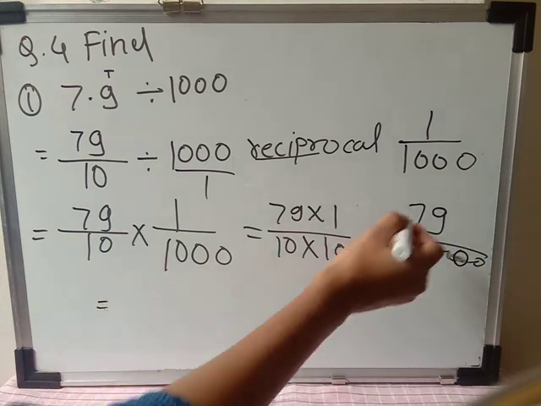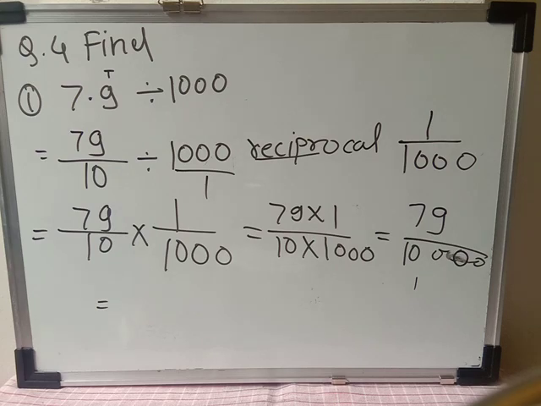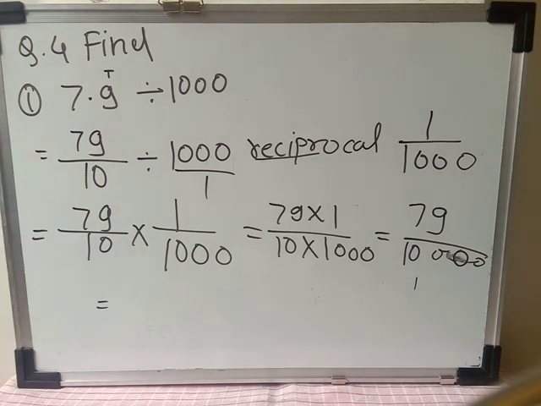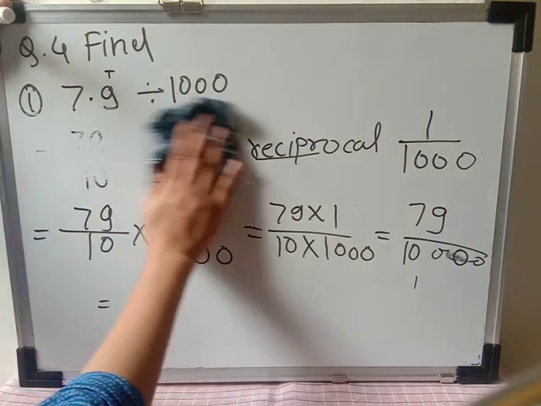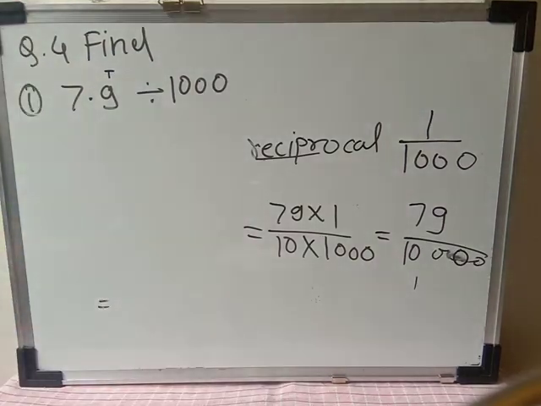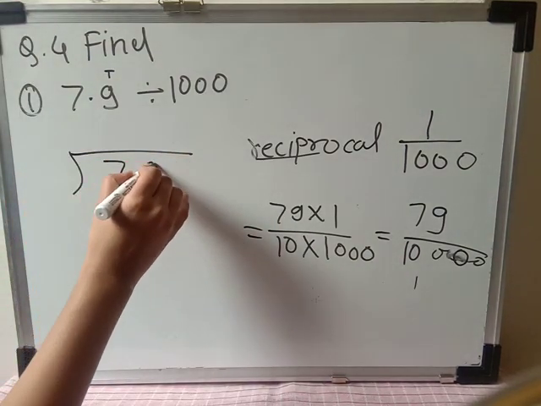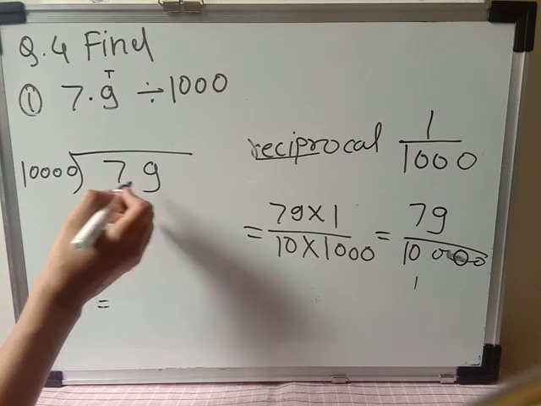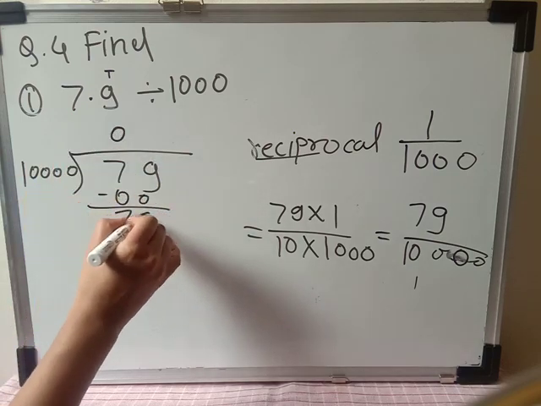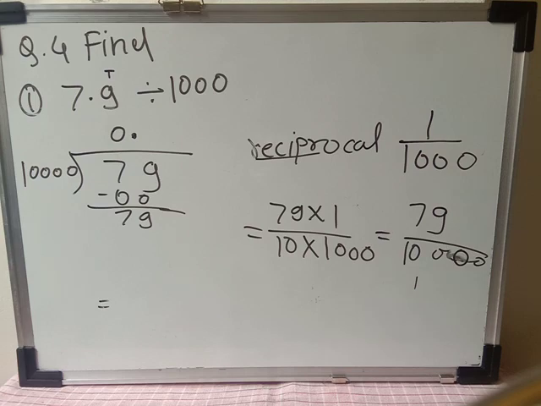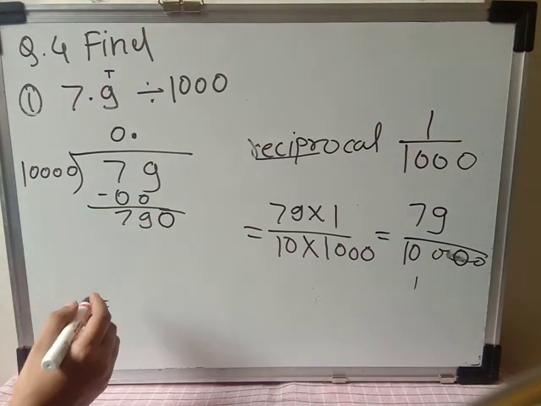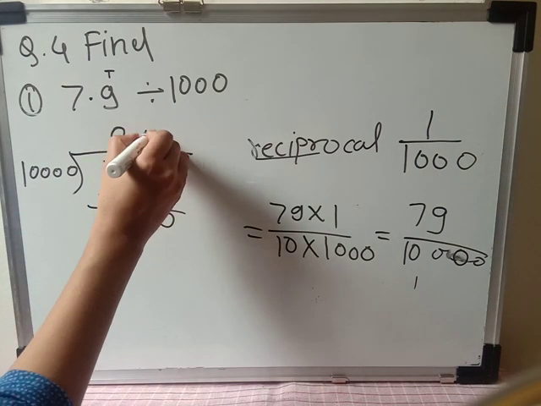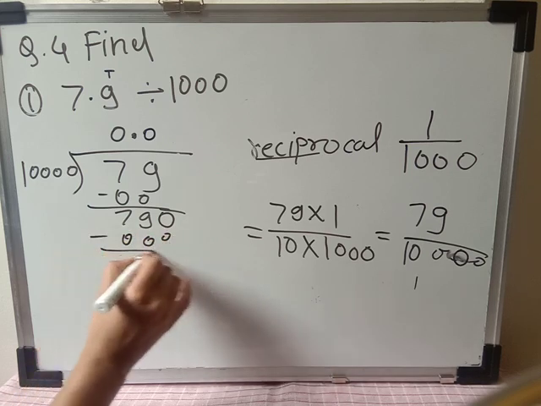Okay, now we will do the division of all these numbers. Division of this 79, if you divide with the 10,000, you will get the answer. Now I am going to rub this side so I can do the division. So here 79 divided by 10,000. Now I can't divide the 79 with the 10,000, which is greater, so divide with the 0. Okay, 79. Take the decimal, so you can take the 0 to divide the number. So here I have taken 0. Again, this number is not divisible because it is less than 10,000. So again divide with the 0. Okay, 790.